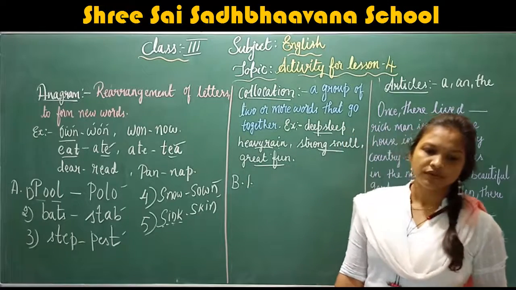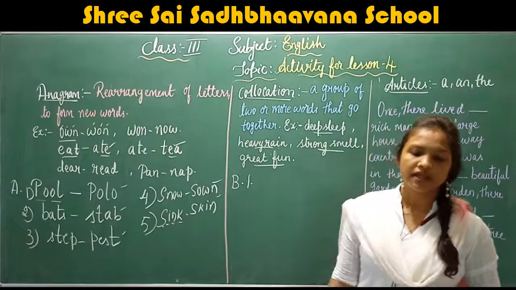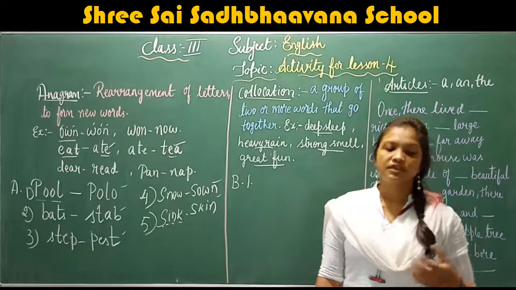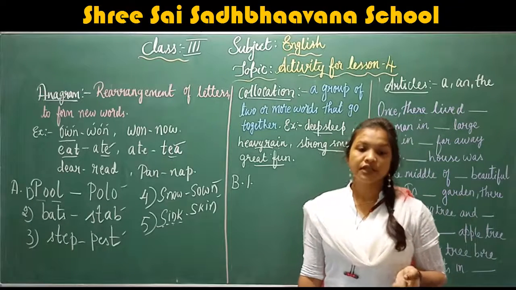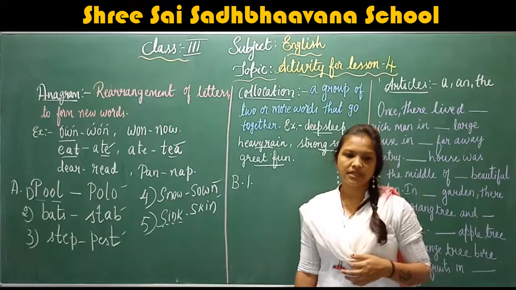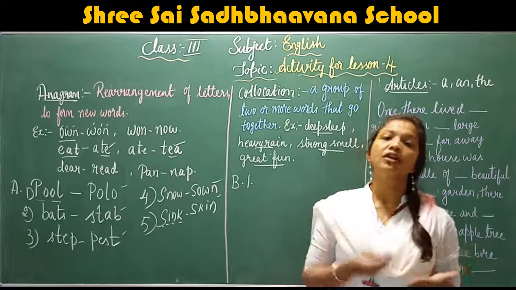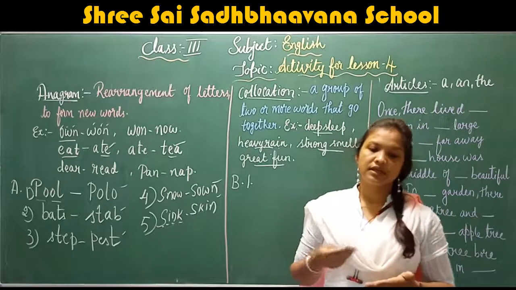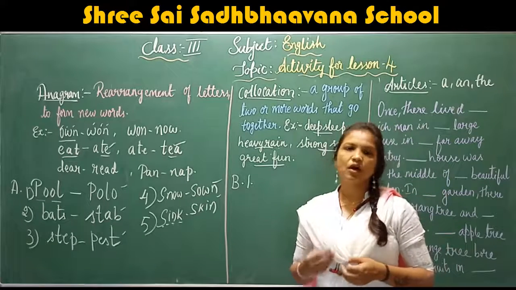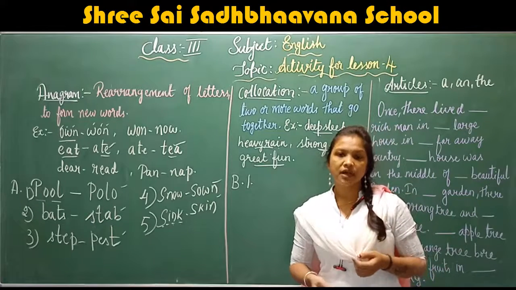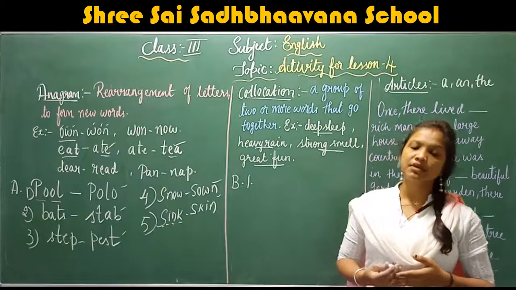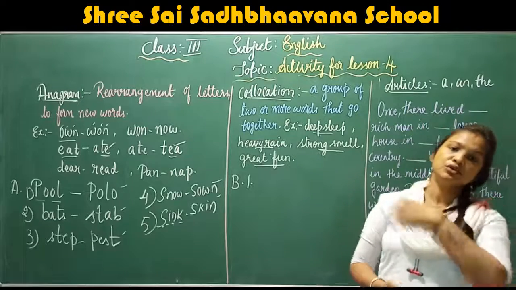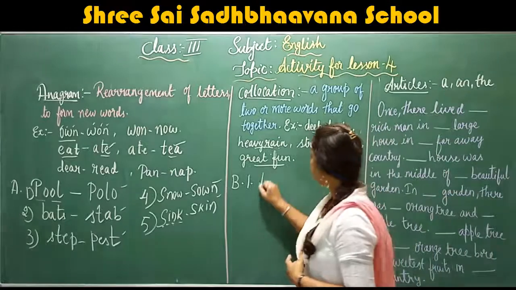Now, first one. One of the doves dashed speed and found some grains scattered under a banyan tree. Now what are the options they have given? Options are great, large, loose, loud and picked up. Now your first one: one of the doves dashed speed and found some rice grains scattered under the banyan tree. Now which word can we choose? We can choose picked up.